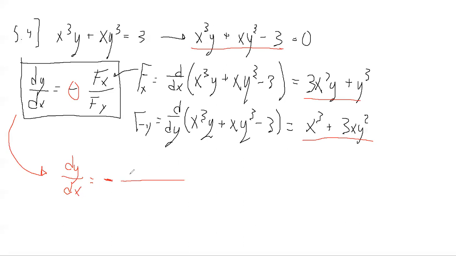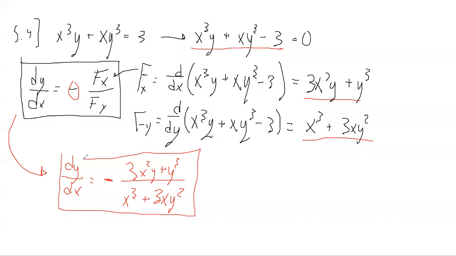Your f of x, like we said, is 3x squared y plus y cubed. Your f of y value is x cubed plus 3x squared. No, I'm sorry, just 3xy. So there you have it. This is the answer for dy/dx, or your implicit differentiation